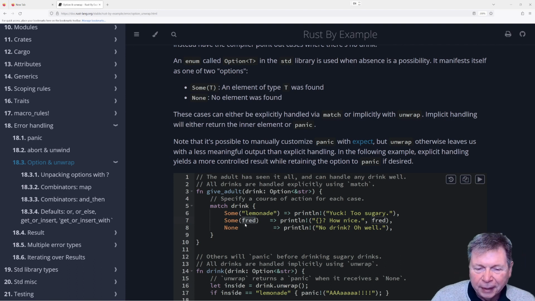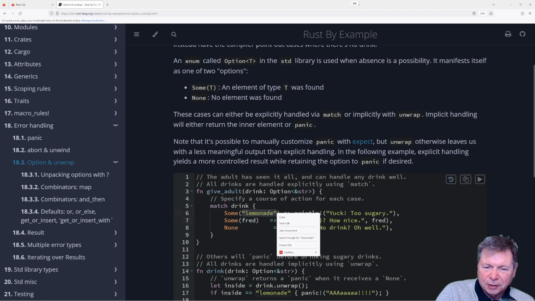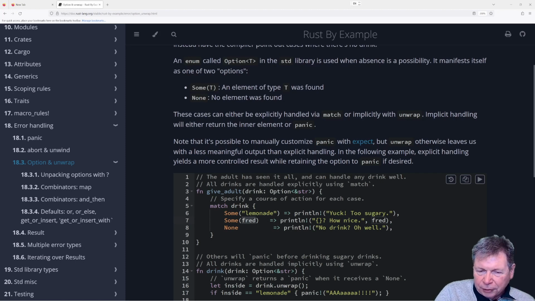Because here sum kind of looks like a function call, and it looks like you're passing in something, but I guess in this case we are passing in something because we've got a constant, but here we're actually reading out of it. That just seems, I'm sorry, that's just weird. So this one's an input, this one's an output, but it's in the brackets. Okay, that's going to take some getting used to.